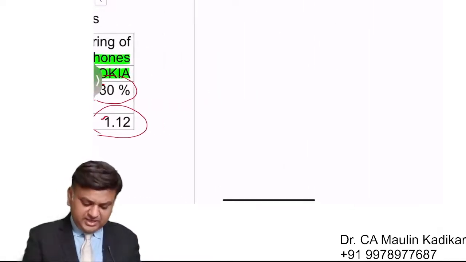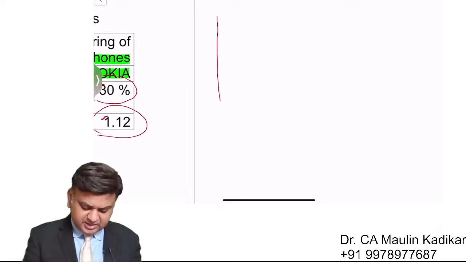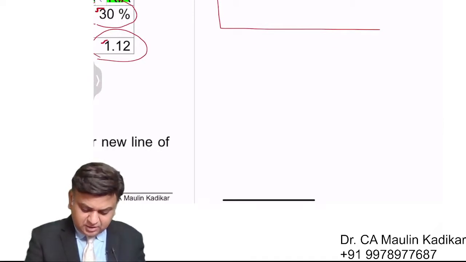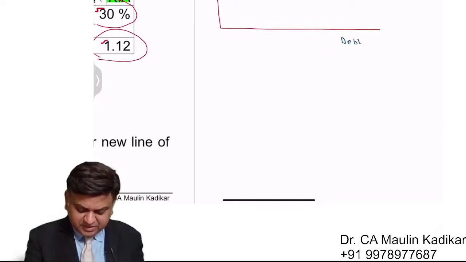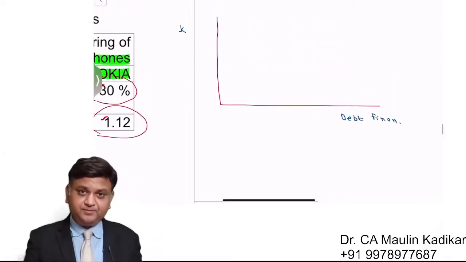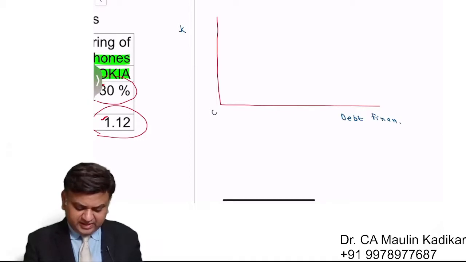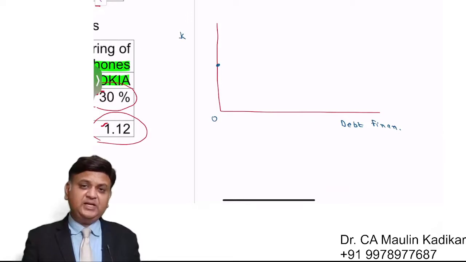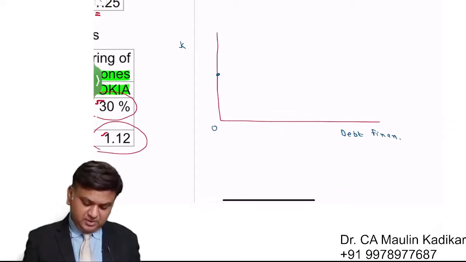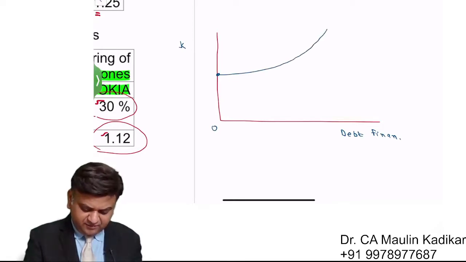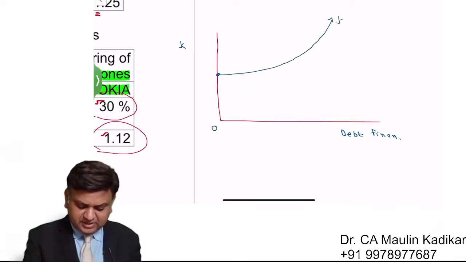One important thing that say we understand is like this. Listen carefully. See, on x-axis I am taking proportion of the debt financing in capital structure, and on y-axis I am taking the cost of capital. When there is no debt financing, at that time cost of equity and weighted average cost of capital is same. ना जैसे जैसे हम लोग debt financing बढ़ाते जाएंगे, वैसे वैसे क्या होता है, cost of equity बढ़ता जाता है।